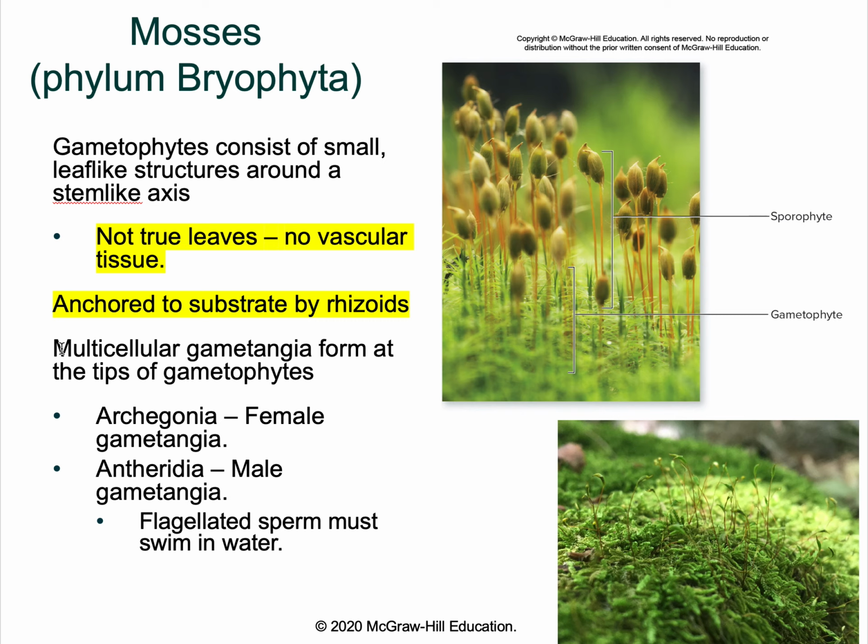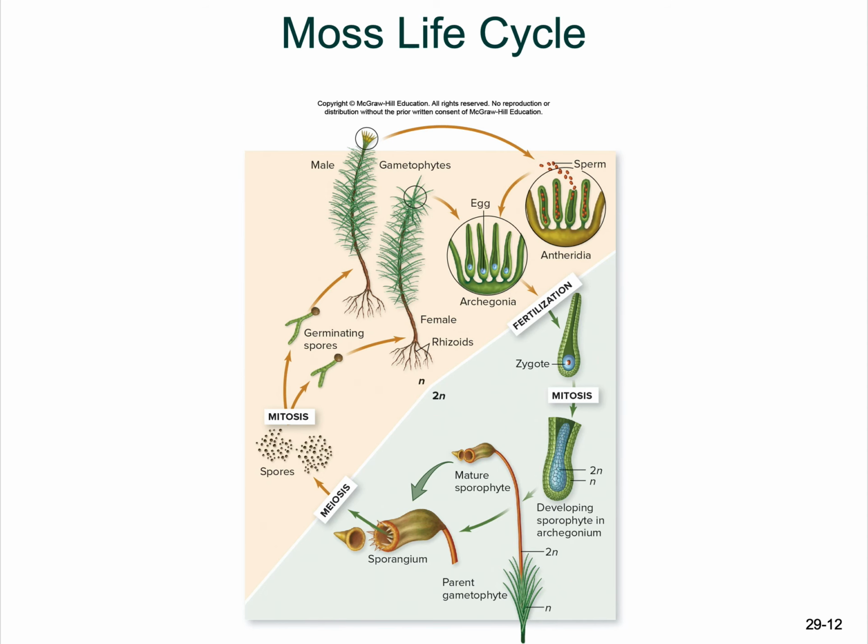They're called rhizoids. I also included these words here because I know they show up in your lab, so I wanted to cover them just in case. The Archegonia and the Antheridia. Archegonia is female and Antheridia is male. If you're familiar with flower anatomy, you would know that the anther is also the male part. Maybe that might help you a little bit. I just wanted to show that in case you needed this for lab.